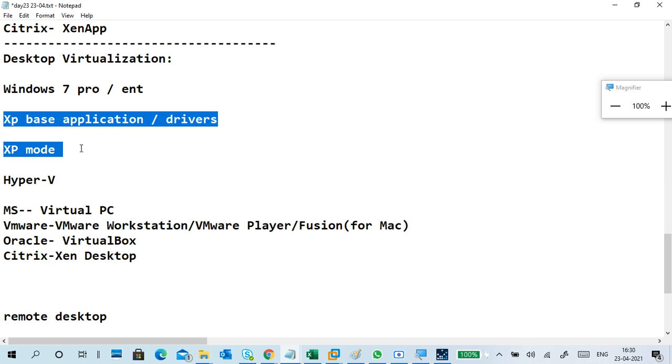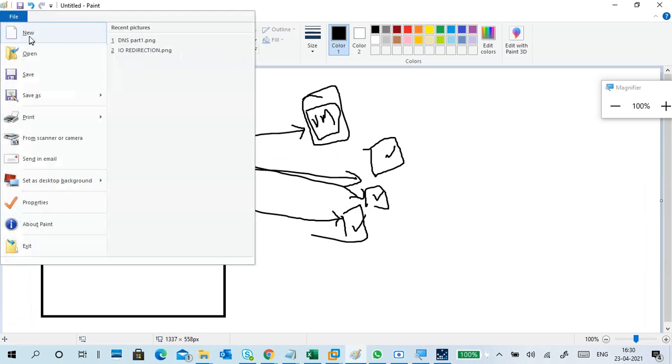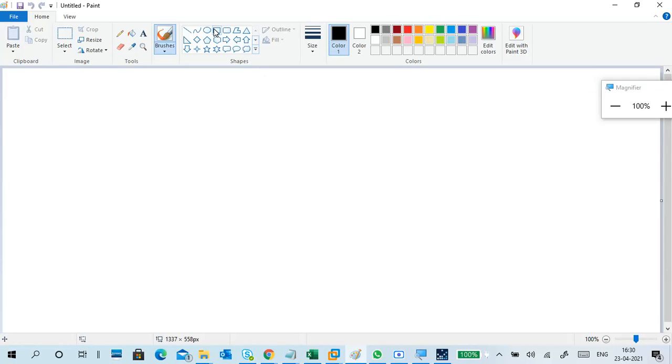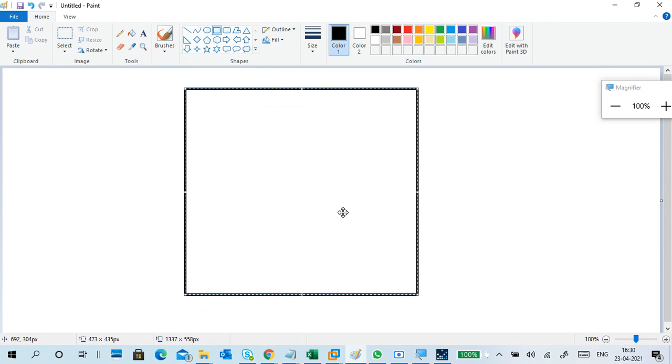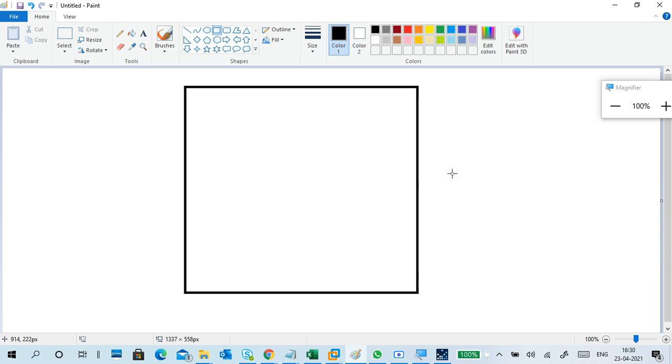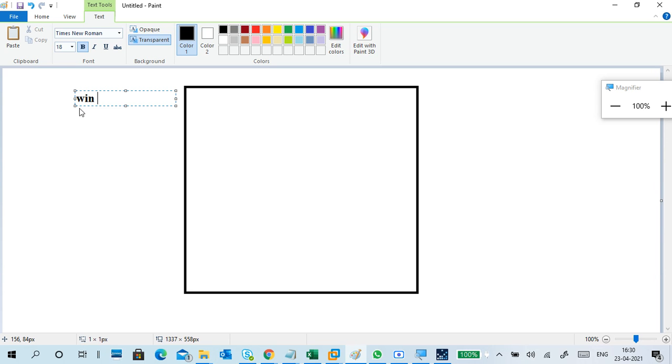One of them is XP Mode. What is this XP Mode? This is another set of desktop virtualization using application virtualization. It's a very old one, from Windows 7 time. Windows XP is a beautiful operating system loved by so many people, especially Service Pack 2.